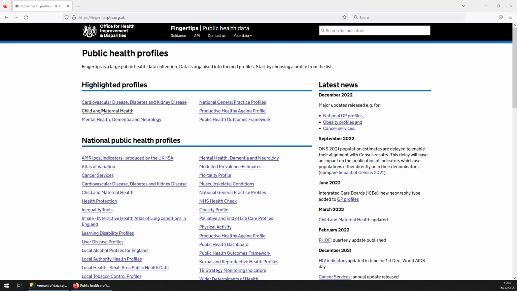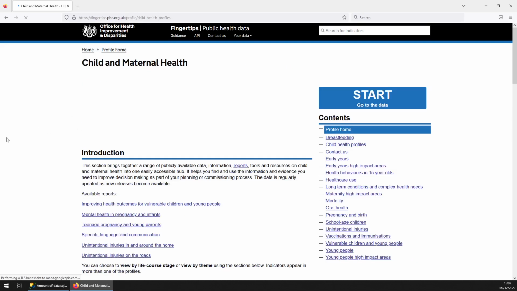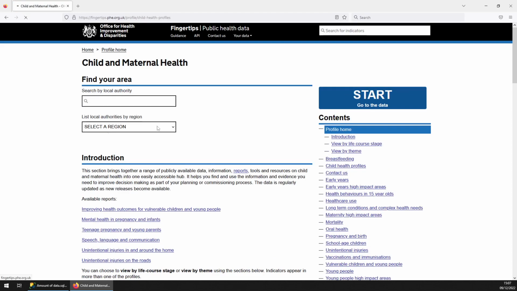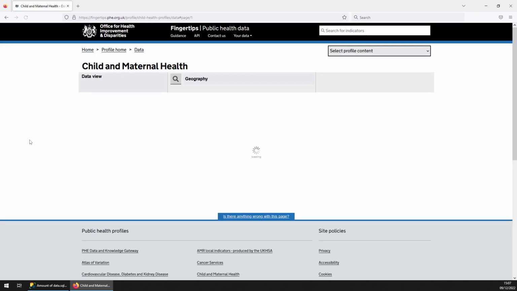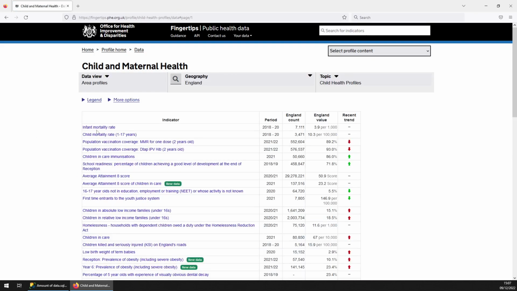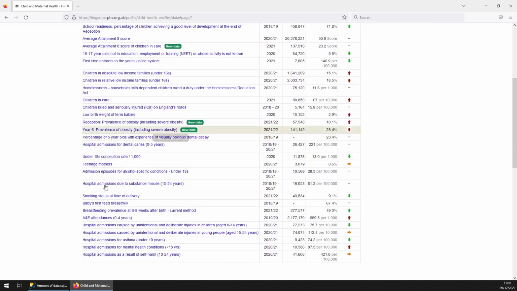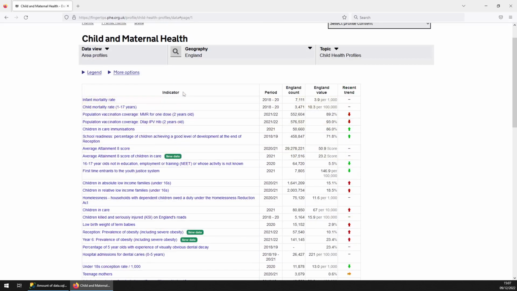Mental health, child and maternal health. They're all the same, as in they work the same. So this is their front end. You've got all these different metrics, indicators they're calling them,